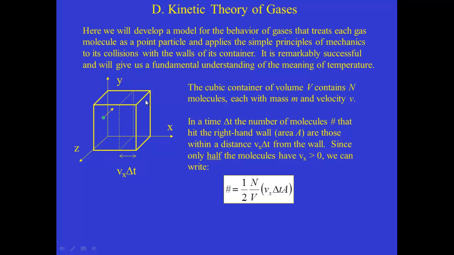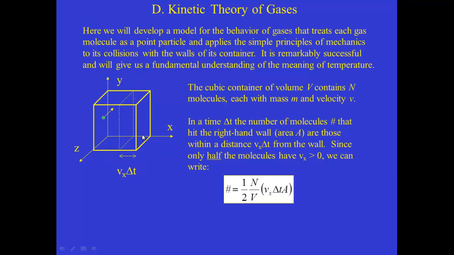So we will think about one of the sides of this container on the right hand side, and we want to ask ourselves how many, on average, of these molecules will collide with the right hand wall of the container in a time delta t. Alright, so it might seem like that's a very hard question to answer, but we realize, okay, if there's a molecule that's going to collide with the right hand wall in a time delta t,